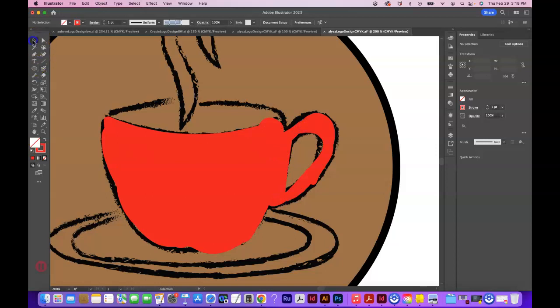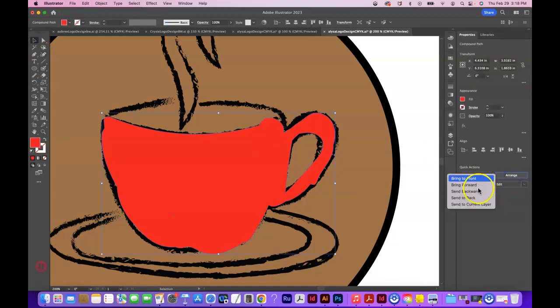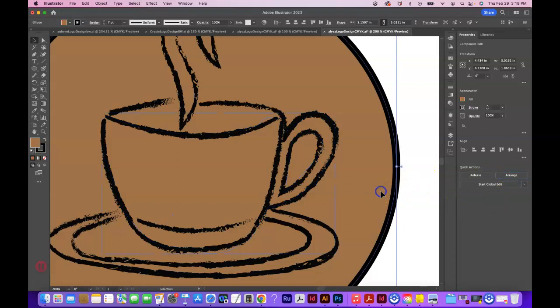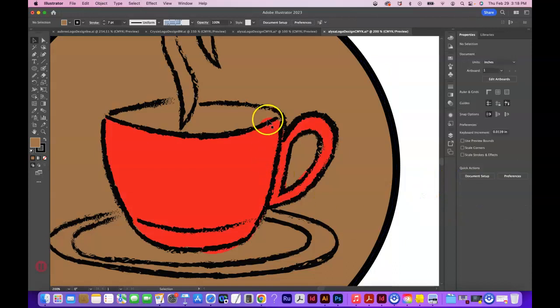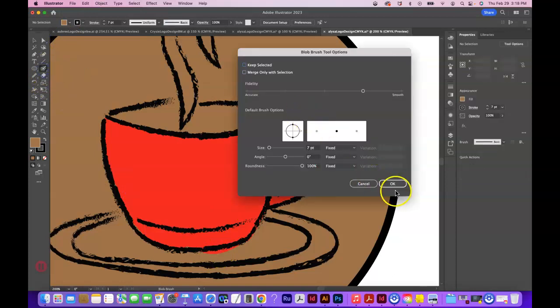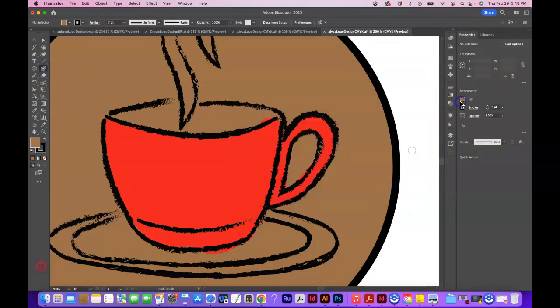So this is super loose, but if we put this arrange, send to back, and then I'm going to grab this shape and arrange, send to back. Okay, and you can see there's some issues, but that's actually kind of charming in a way. Then I'm going to do, yeah, that's a good size. And then I'm going to do a darker brown for the coffee. And the same process,